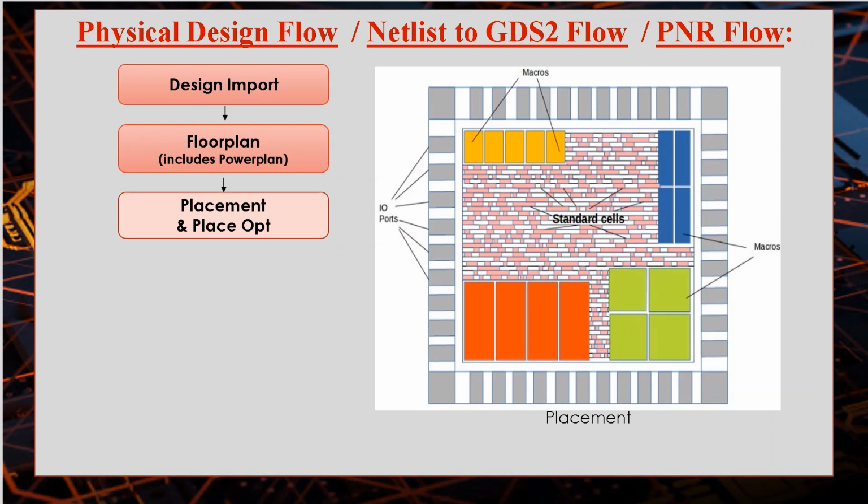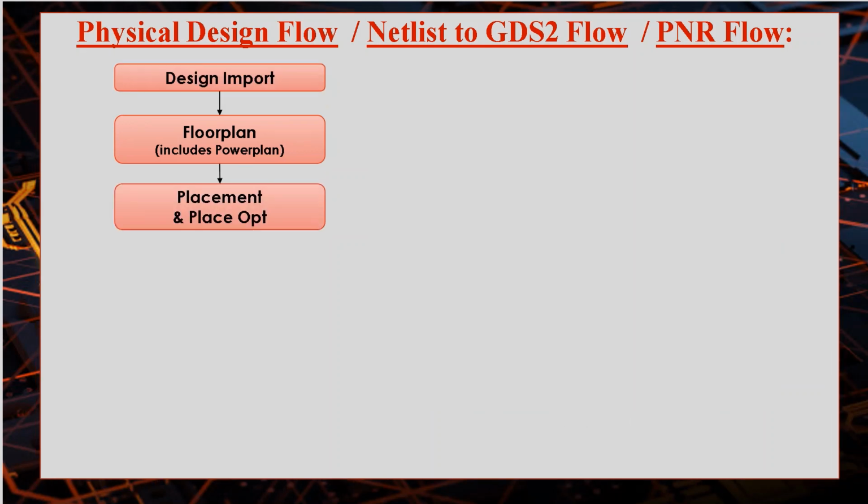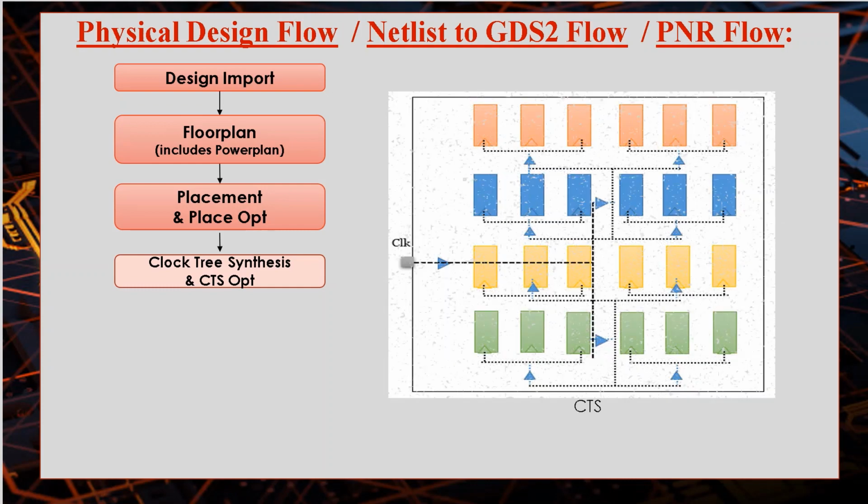Now after the place opt, the next stage is clock tree synthesis. Our design contains sequential cells for storage and memory, that is flip-flops, so the clock signal is mandatory for them to operate. In our design, we will have a PLL to generate the clock, and through the clock port, the clock signal will be given to all the flops. So, the purpose of CTS is to build a clock tree so that the clock signal is provided to all the flops, and also to balance the clock with minimum skew and insertion delay. This is done by adding clock buffers and inverters in the clock path.